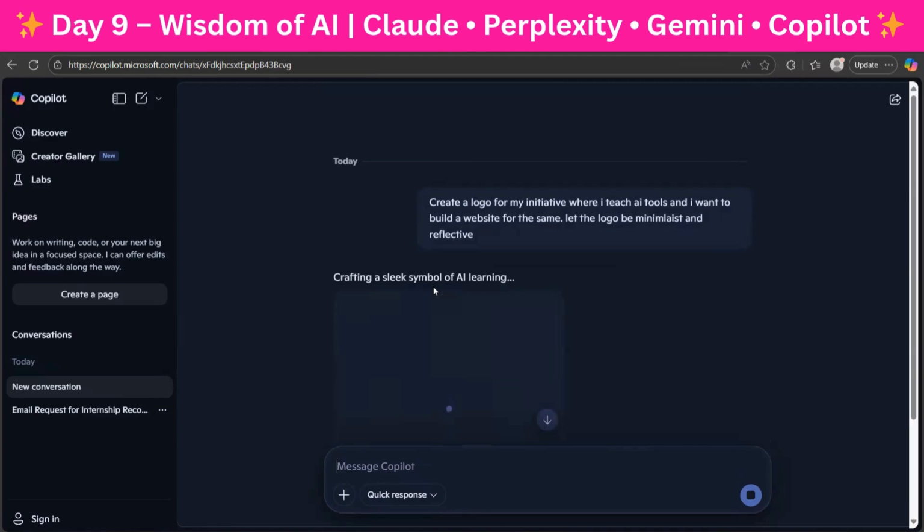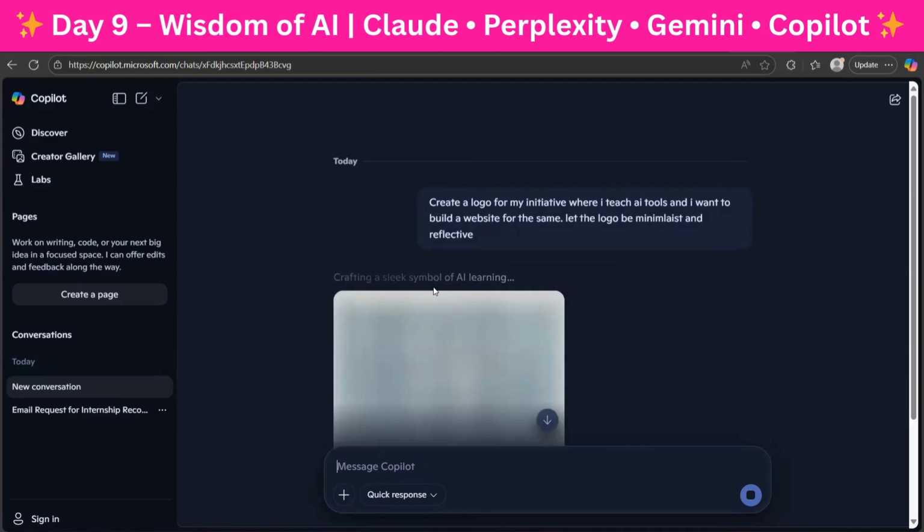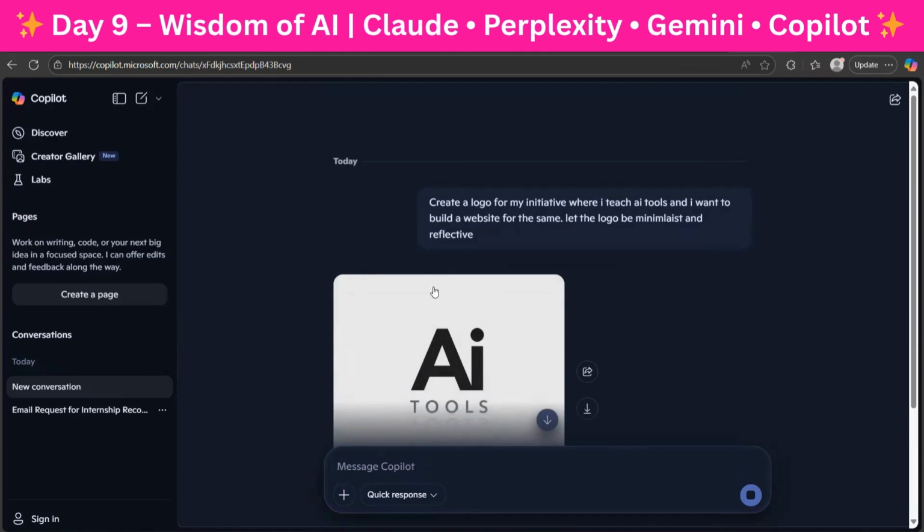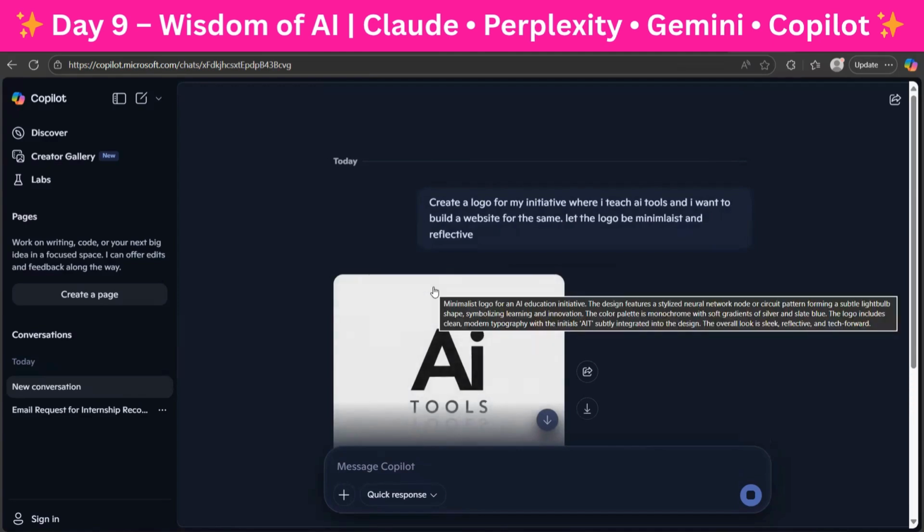You can suggest the name for the logo. You can suggest the color. You can say what elements you want in the logo. If you really are doing a logo on AI tools, you can say add some of the elements, like the sense of ChatGPT, Claude, Gemini. You should reflect such things, because I'm going to do the video on these tools, so reflect the content.